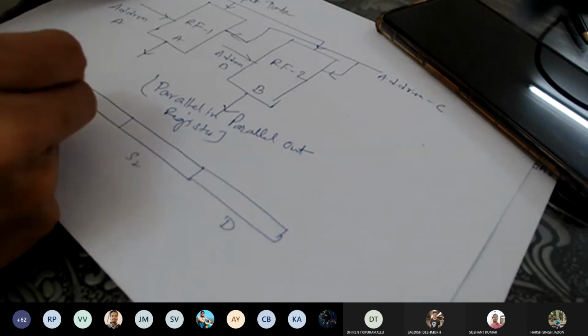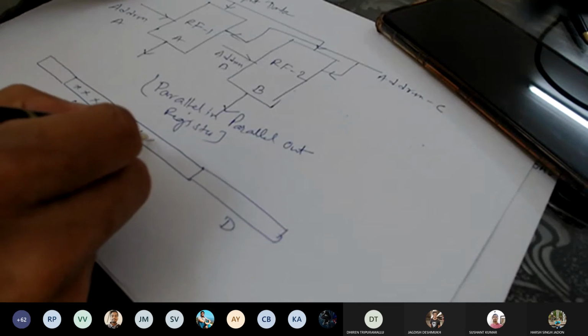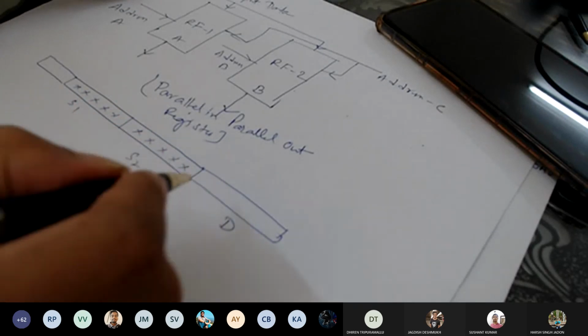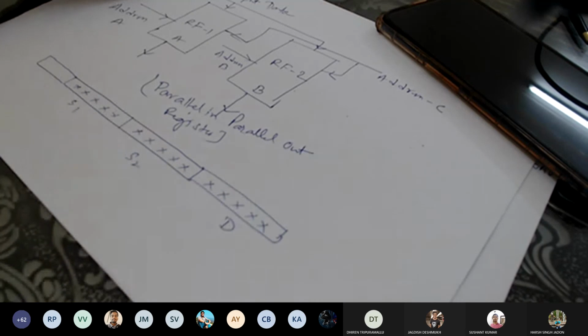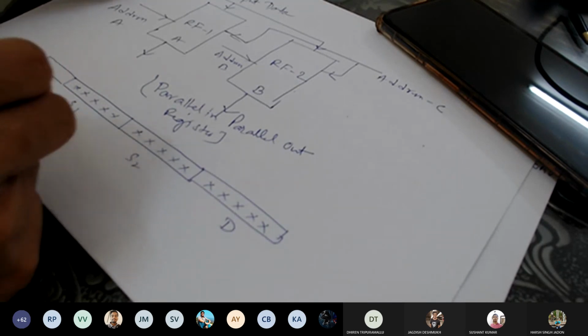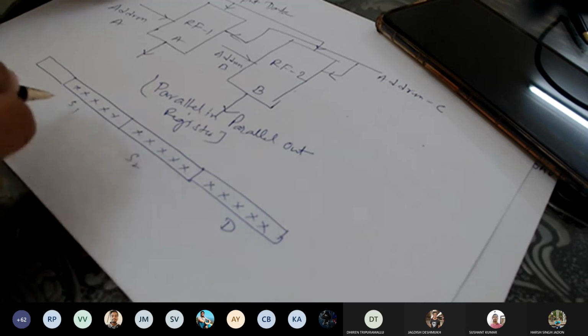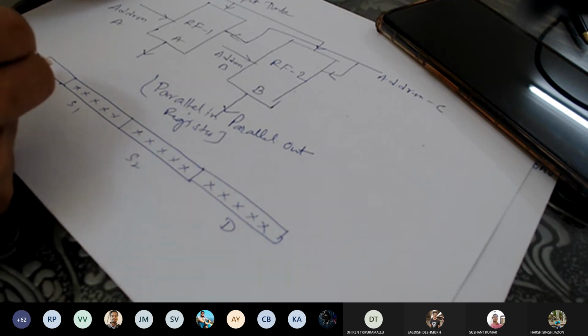This will be 5-bit, 1 2 3 4 5. This will be 5-bit. This will be 5-bit. So currently I have 15 bits